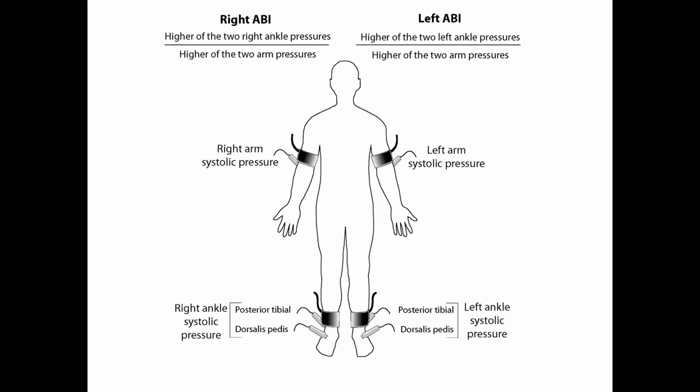This is how you measure the ankle brachial index on the right and left side. First, you measure in the arm, and then in the foot. Now, I'm not going to go into the detail unless you practically perform it. You have to understand at that time how you measure it and how you apply it.